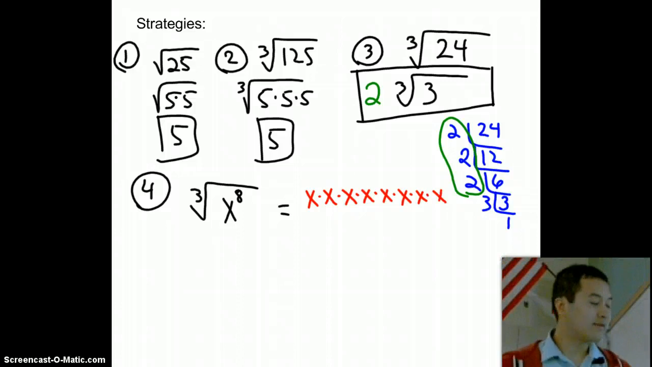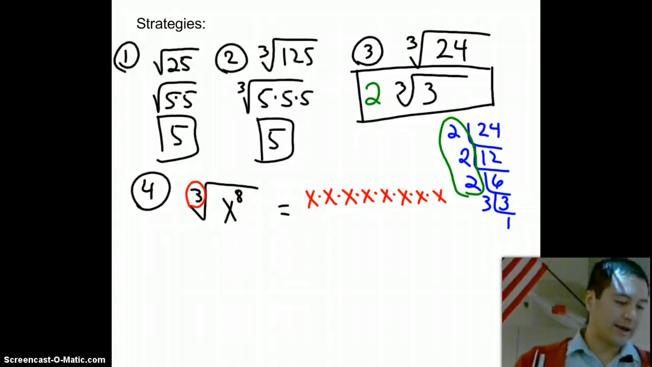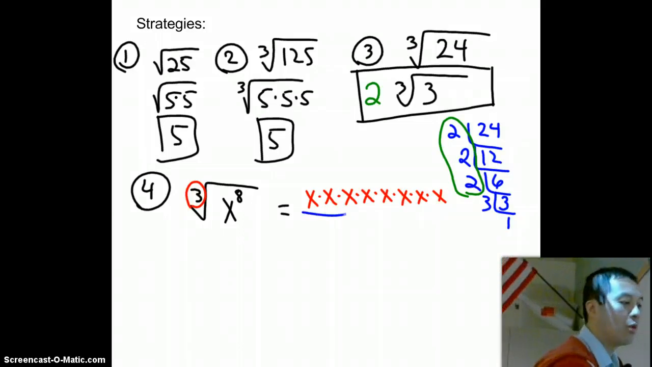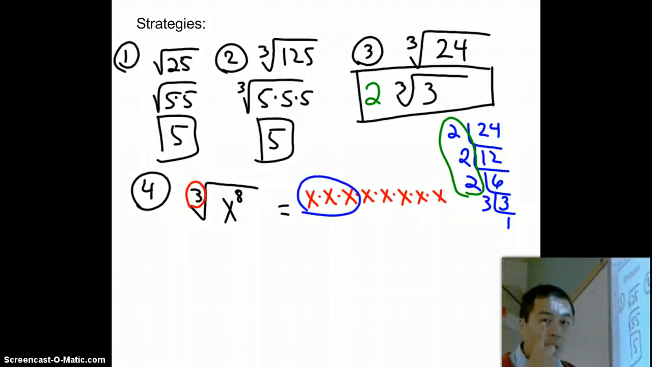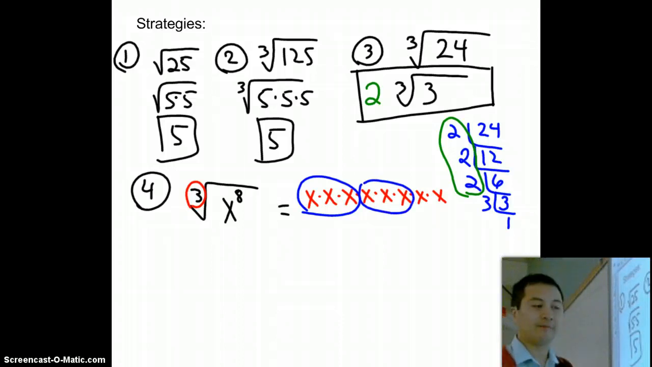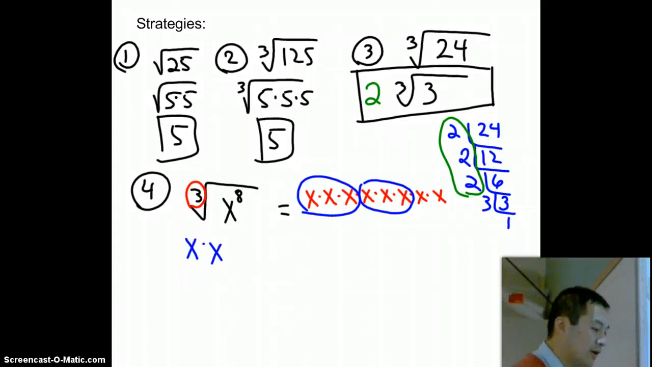We want to take out how many of a kind? Look at the operations. This is a cube root, so we want 3 of a kind. Do you see any 3 x's multiplied there? Here's 1, 2, 3. That's one set. Here's another one, 1, 2, 3. That's another set. Anything left over? No. So we take out this x, and we take out this x, with what's left over, the cube root